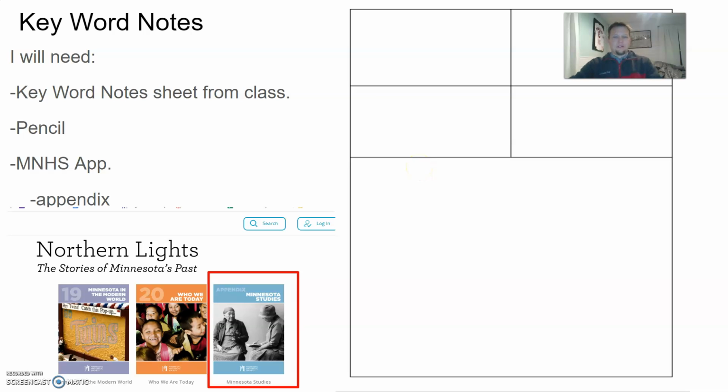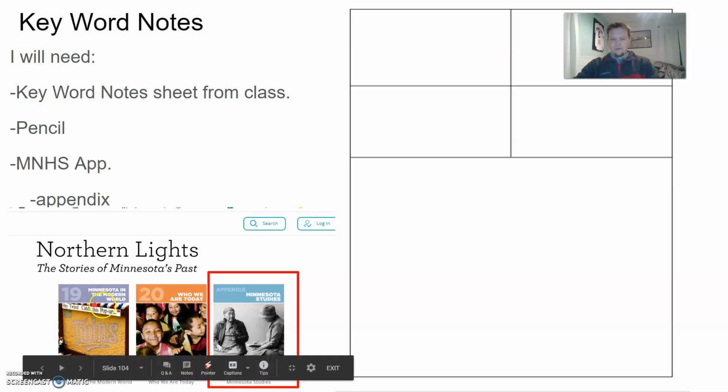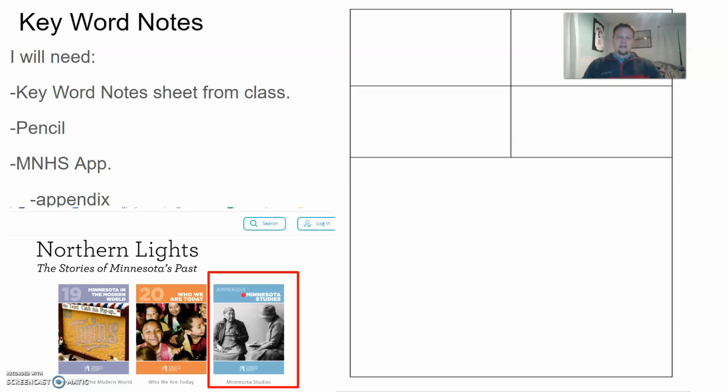So, yesterday in class, we were working on a new note taking strategy called keyword notes. So, what you'll need today to help you finish your keyword notes is your note sheet from class. You can take that out of your expandable. You'll need a pencil or a pen or something to write with, the MNHS app, and you're going to want to find the appendix. So, when you get to that main page where you see all the chapters, you're going to scroll all the way down to where you see 19 and 20, and then right next to that is the appendix. You're going to need that maybe as a reference as you work your way through the keyword notes